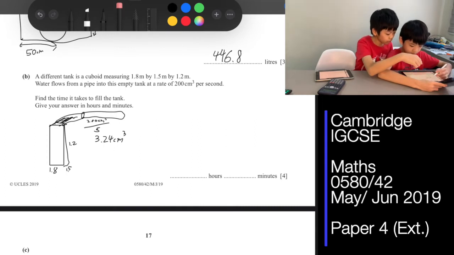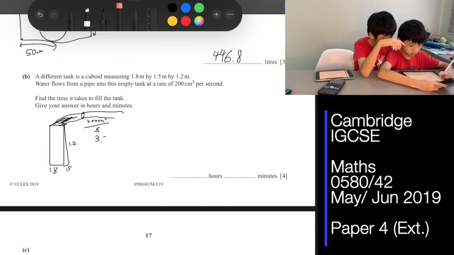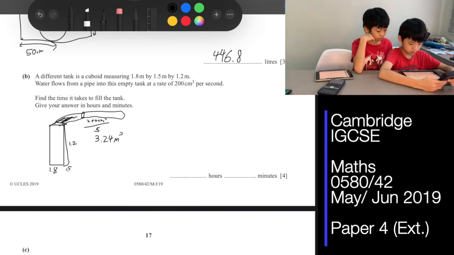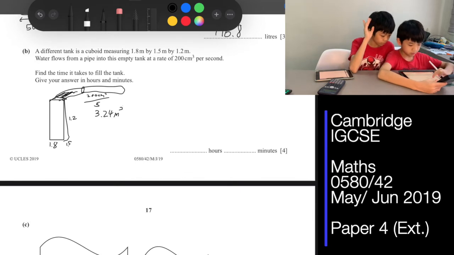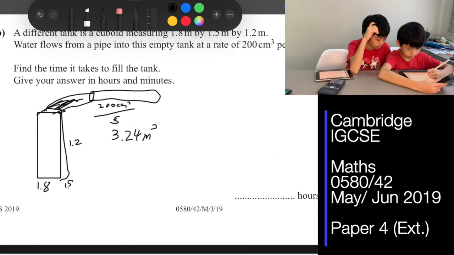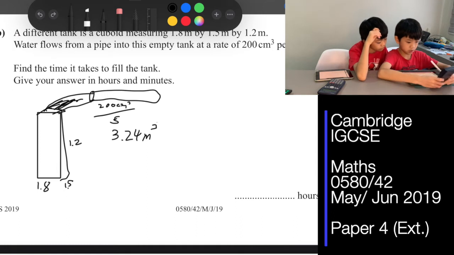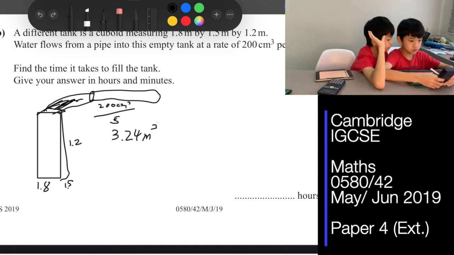Oh, it's meter cube. Meter cube. Then we need to find the amount in hours and minutes mentioned just now. So first we convert meter cube into centimeter cube, which is times 100 cube, which is